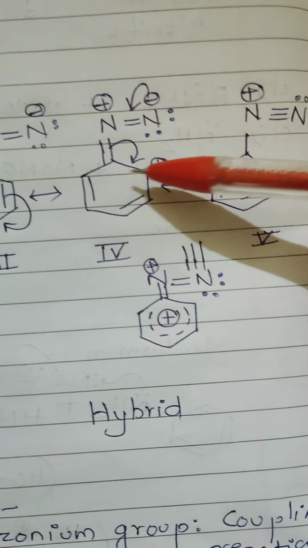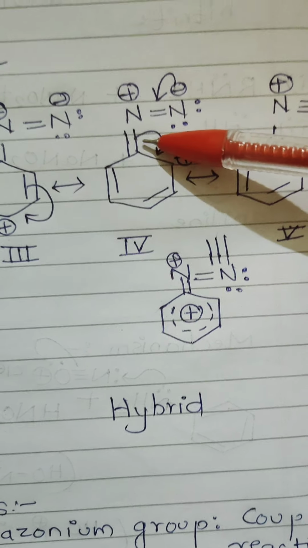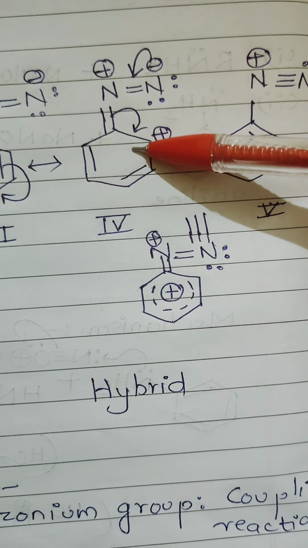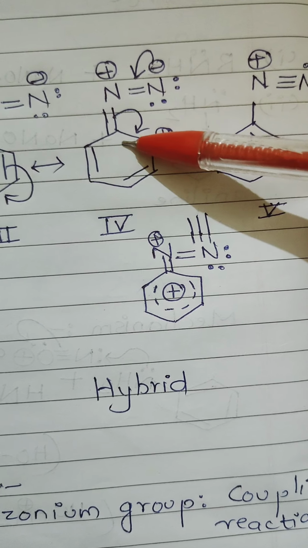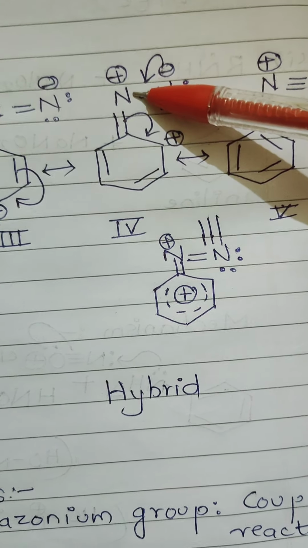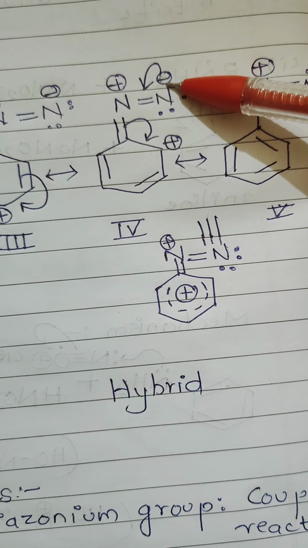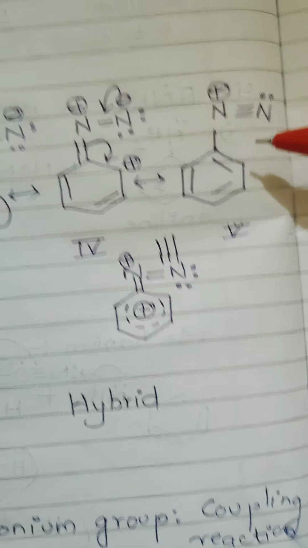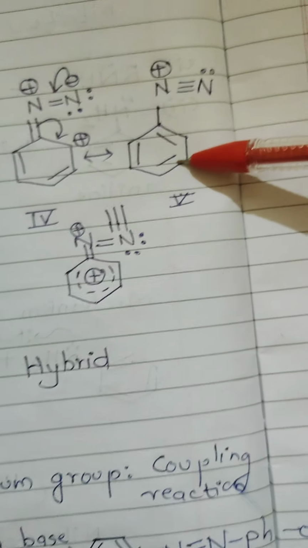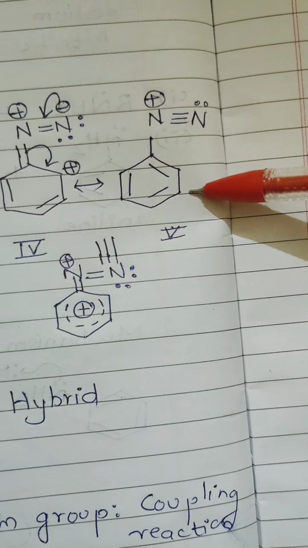And then we'll see nitrogen, the double bond which is formed in the first or second structure comes on this, shifting is done here, and the positive charge is neutralized. Again this nitrogen becomes deficient, so these electrons will be shifted here, so this will give us a structure which is similar to the first structure. These are the resonating structures.